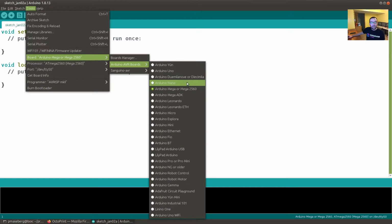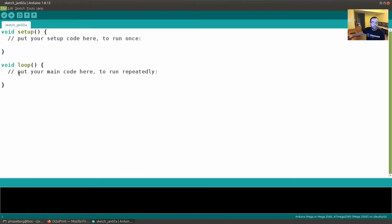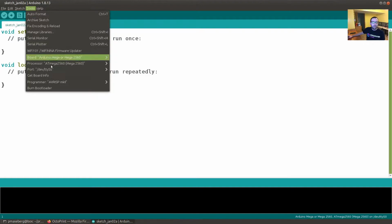If you had something like an Ender 3, that board's not in here by default, and so I've added it in as an option right here. To get extra boards, if they're not supported by Arduino IDE, you want to come into Preferences, and then there's a URL. I'll post this specific link, which will work for an Ender 3 board, in the post of the video, but you might have to go find a specific one if you have a different board,